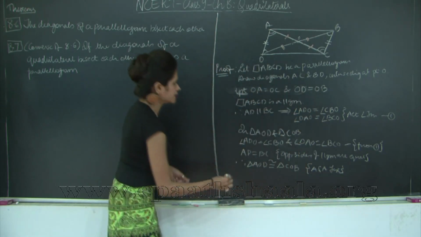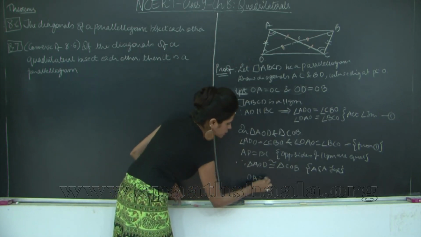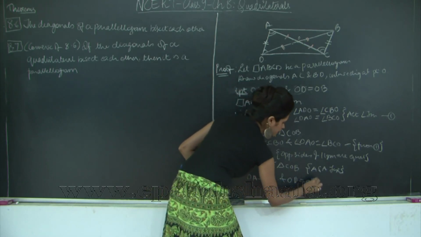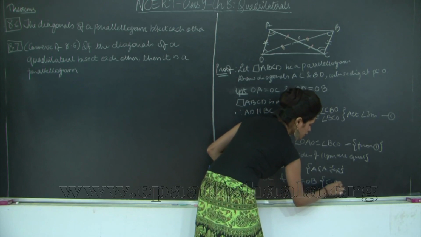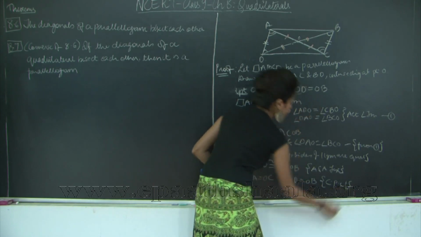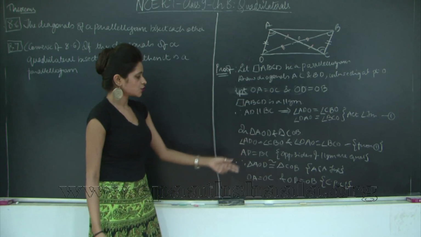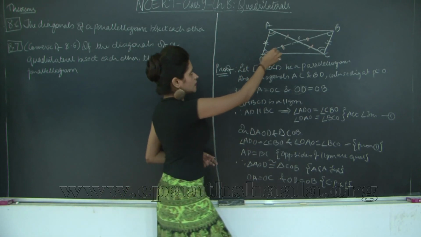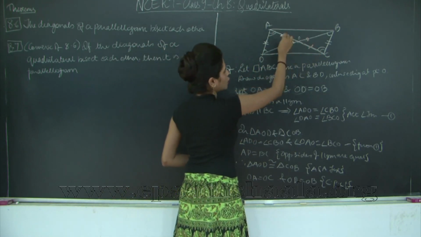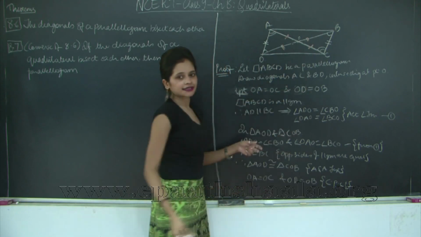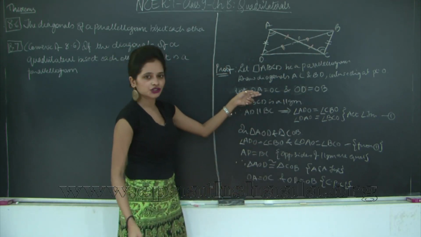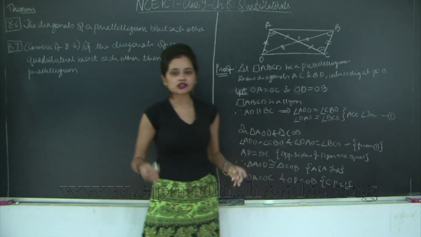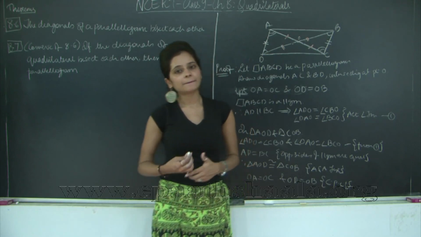Therefore, what can I say? That OA is equal to OC and OD is equal to OB, both through corresponding parts of congruent triangles, which is proved over here. So, even if you do not write the entire thing, that O is the midpoint and the midpoints of AC and BD are intersecting at point O, that's fine, because we have already mentioned over here what we need to prove. So, you can just directly write your statements that the diagonals of a parallelogram bisect each other.